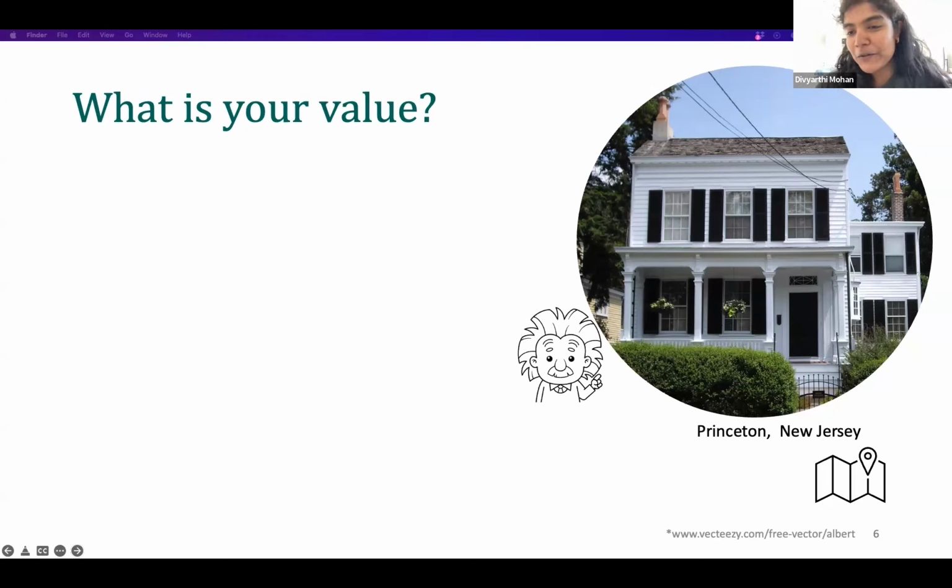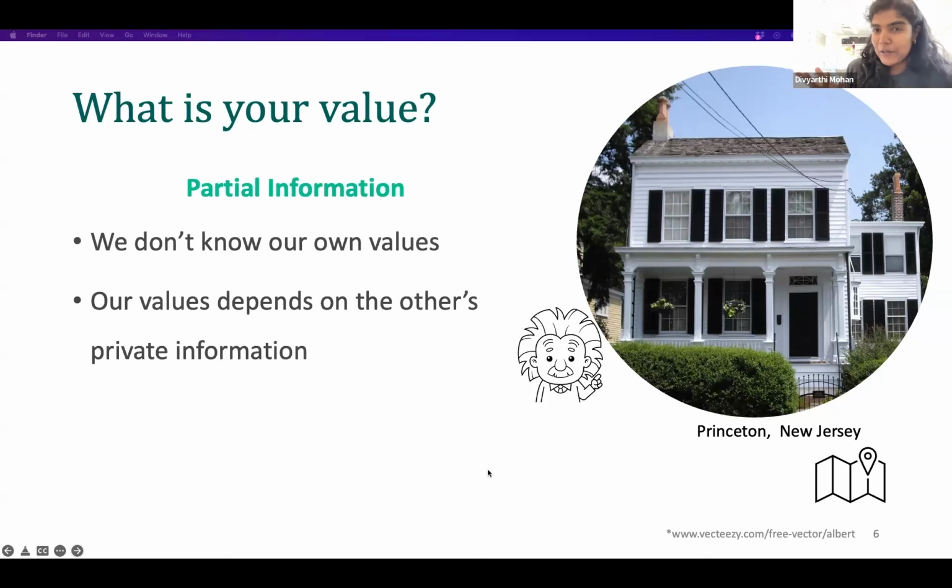So 10 years ago, this was sold for 1.5 million roughly. Or like IAS bought it for 1.5 million. But it's been 10 years, so I think you probably are correct. Nice. So the whole point of this exercise is that we don't even know what our value for this